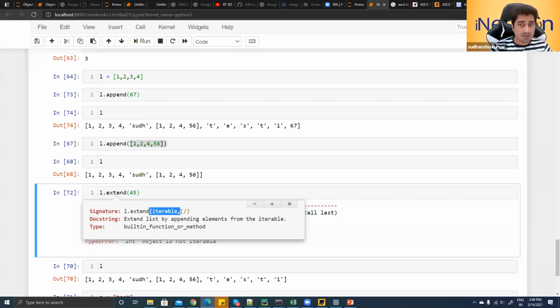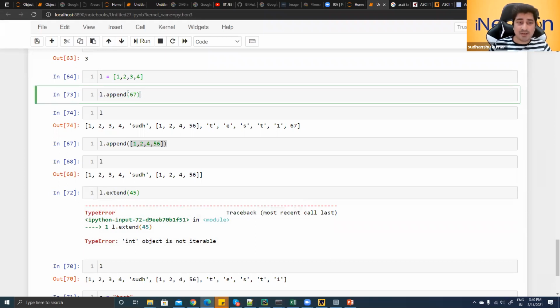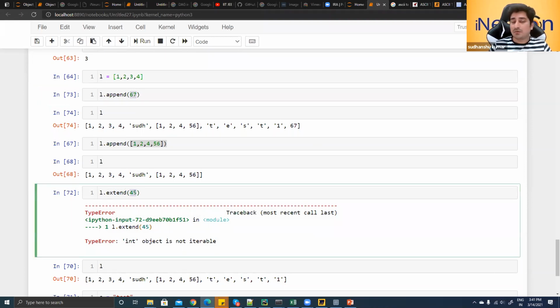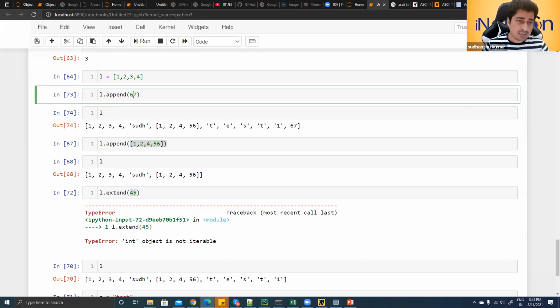Whereas a string, I will be able to do it. So append will work fine with respect to your string, as well as with respect to your list or any other object. You will be able to insert it at the end. That is completely fine. But extend always works with what? An iterable object. So just try to understand that particular part. And if you give an iterable object, it will unwrap it and then insert it. Another difference you will be able to find over here is this: